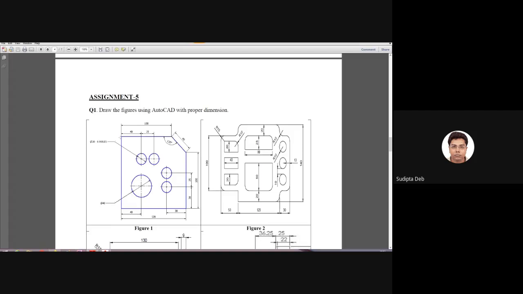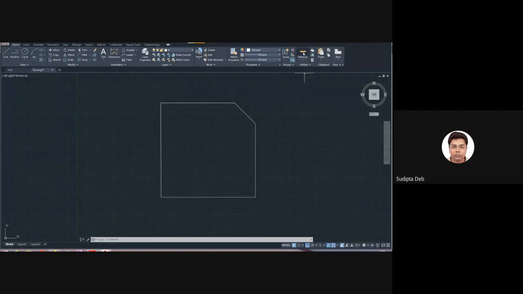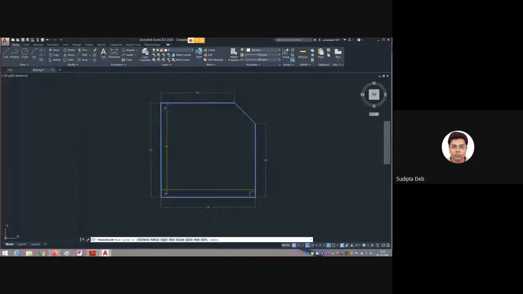Now next, we can also check whether my dimension is correct or not. We have one option, the measure. Just go and check whether what you have drawn is right or wrong, whether your dimensions are correct or not. You can see from here. Now this angle is also showing 90. It will not be exactly 90. It is very close to 90, as I have selected precision 0 in units. That's why it is showing 90. So okay, forget it. Press the escape button to exit from here.